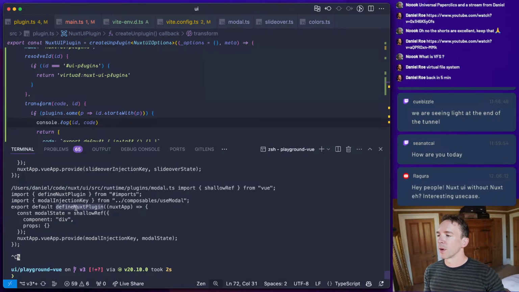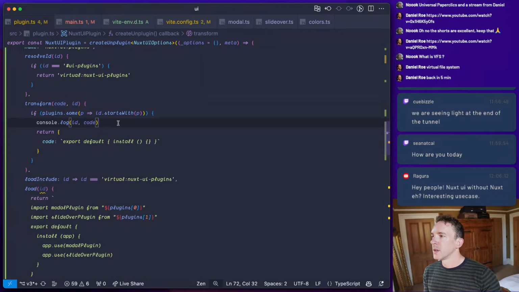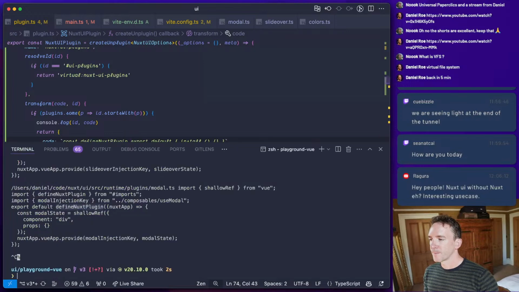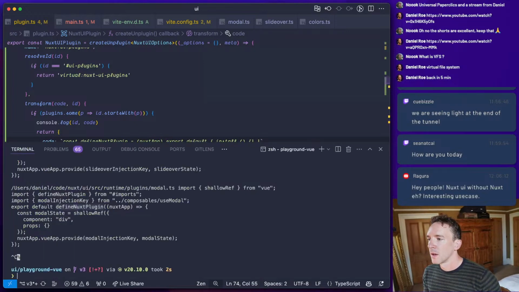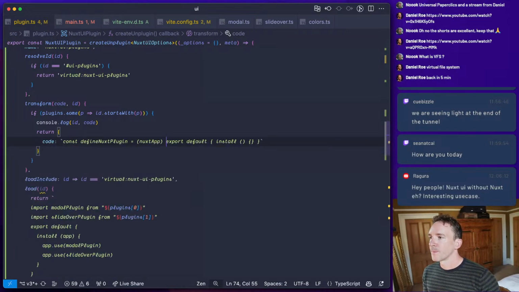So what we're going to want to do instead of define nuxt plugin is, or we're going to create our custom wrapper. So we're going to do const define nuxt plugin nuxt equals, sorry, nuxt app. No, it's not that at all. Let's try this one more time.